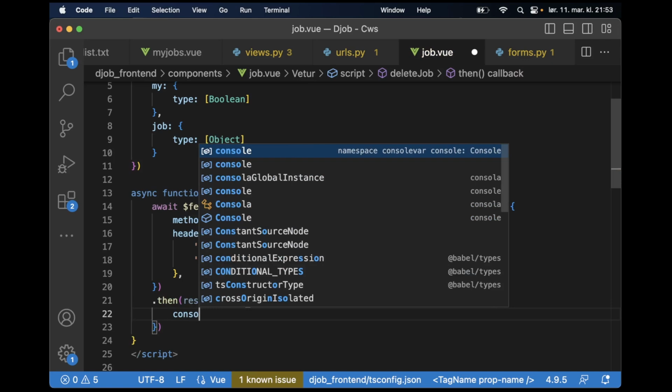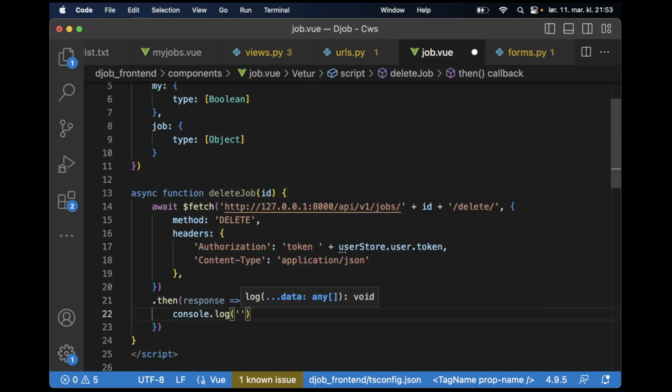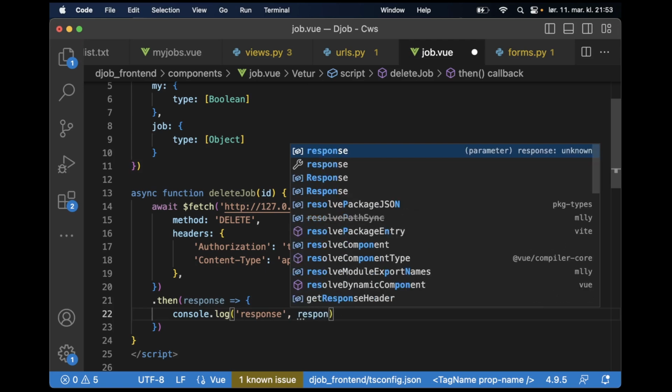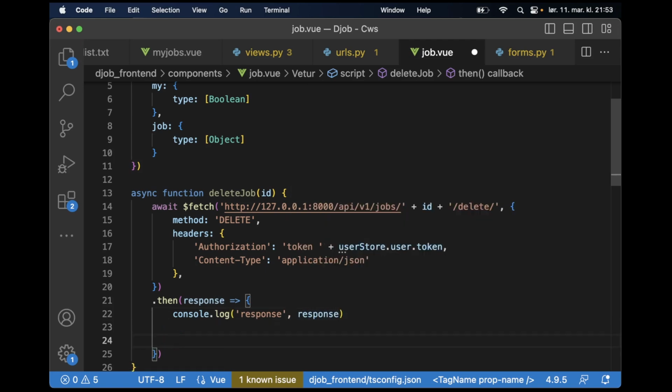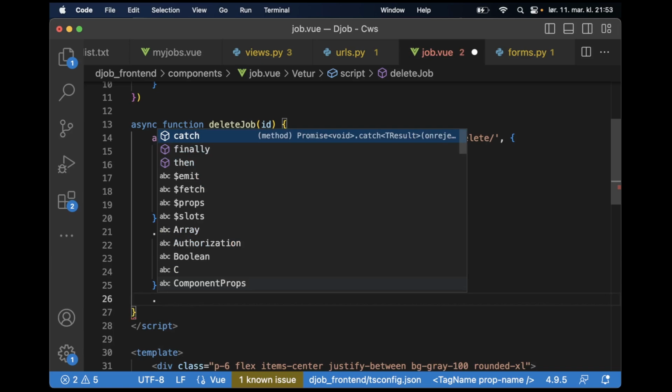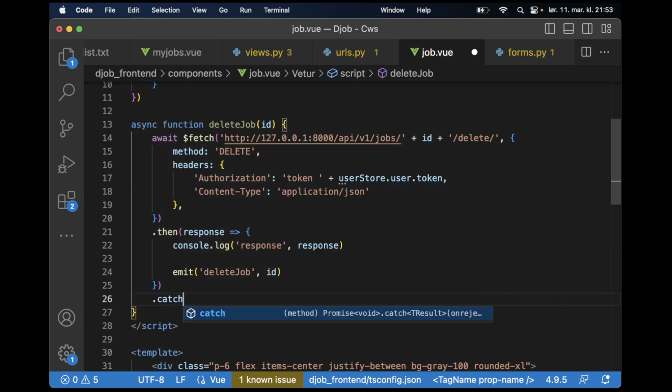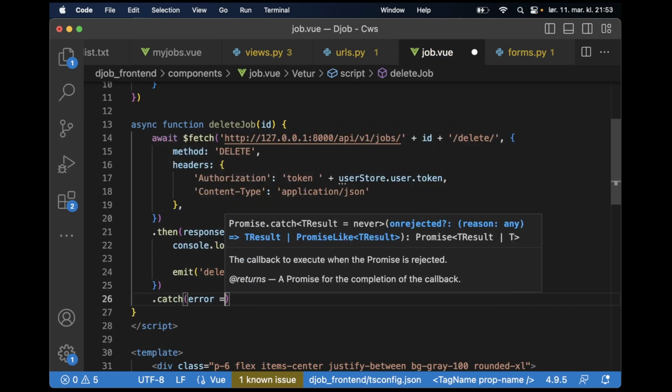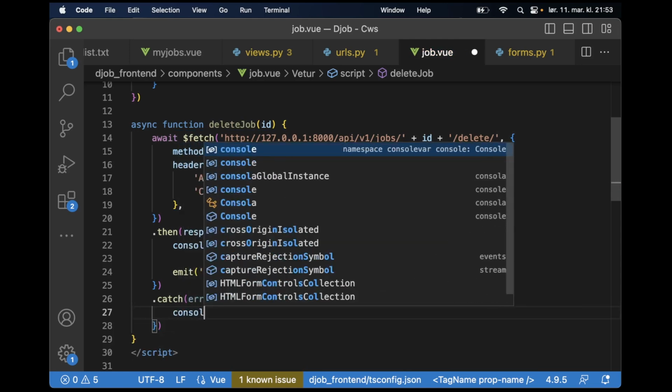Like that, console.log response, so we can see what we get from the server. And then we can call the emit. So emit deleteJob, and then we pass in the ID so that the parent knows which one to remove. And if there are any errors, we just show them in the console. So catch error, console.log